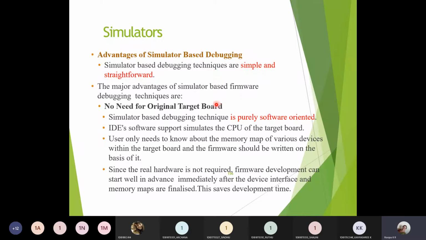So no need of any hardware components, it is purely software oriented, and it is a part of the IDE tool only, which will be residing in the CPU of the target board. Means no need of connecting the simulator as an extra component for the device. It is a part of an IDE tool. So next, as no real-time hardware is required, the cost will also be reduced.